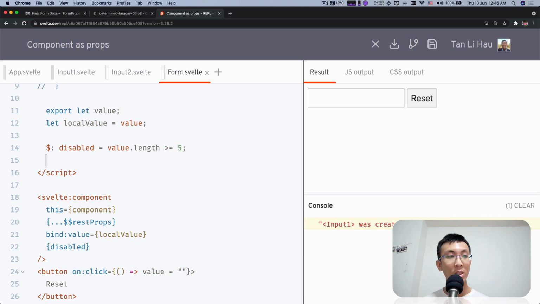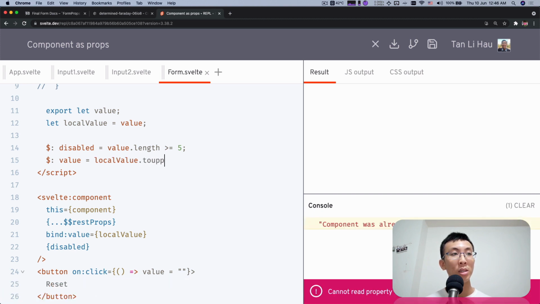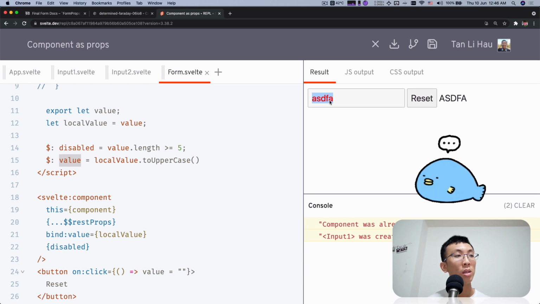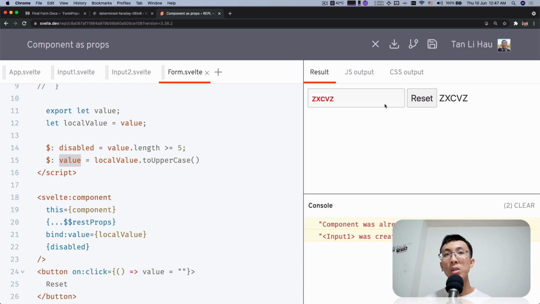So what we can do next, one step, is we can say that local value equals to local value toUpperCase. So every time when local value changes, we're going to update the props, which is the outer value. Then here you go, whenever you type, the local value changes, it will set the props to uppercase. Right, it works. Is it? Well, the local value is still lowercase, and when we click reset, it resets the props value, but not the